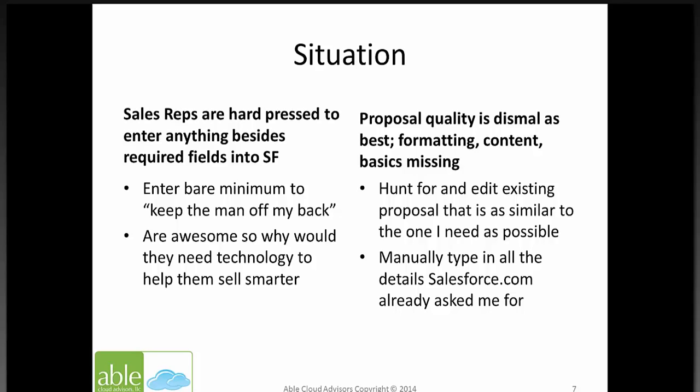Set the situation. Your sales reps are entering as little information into Salesforce as possible, really only the required fields. You know the proposal quality is hit and miss, maybe dismal at best, where the information that you want to be collected in Salesforce.com is overlapping quite a bit with the same information that needs to be regurgitated, if you will, for lack of a better word, in the proposal to confirm that we know who we're working with at the client account, that we know what the business issues are, we know how we're going to solve them, and all those kinds of bits and pieces of information about how you're going to position your company to win this work, you would think would be captured in Salesforce